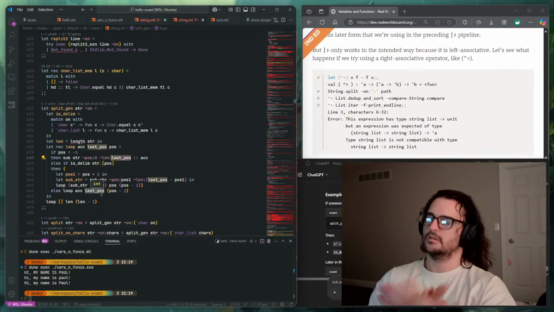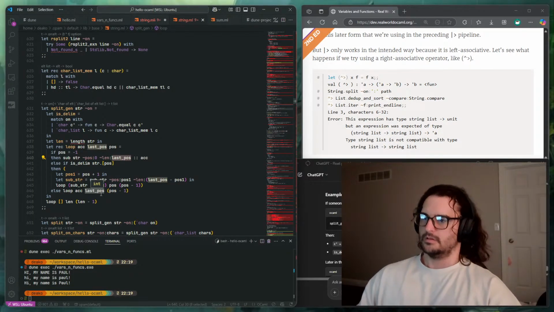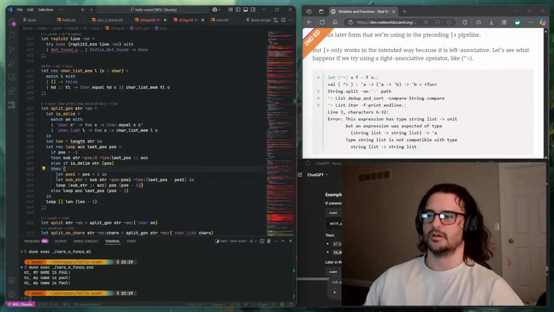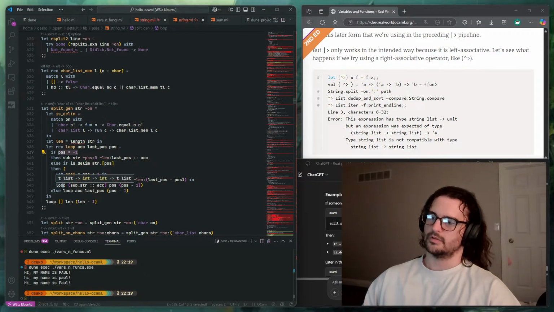Okay, yeah. Makes sense. And then we're appending it to the accumulator list. Else, if the position is not -1,